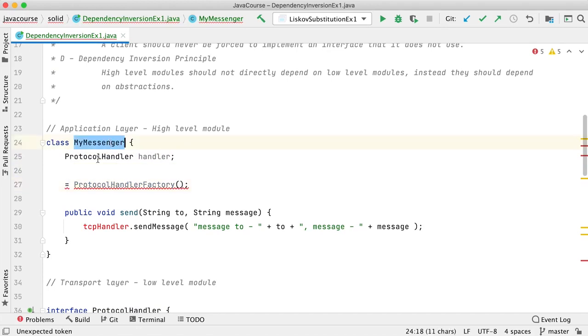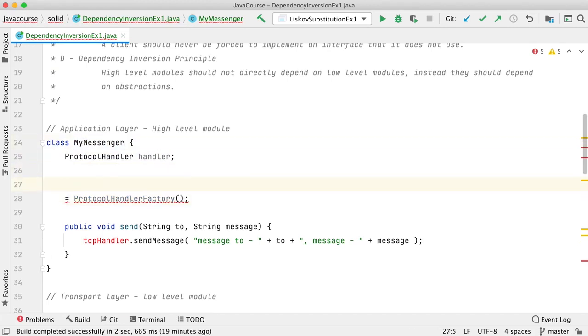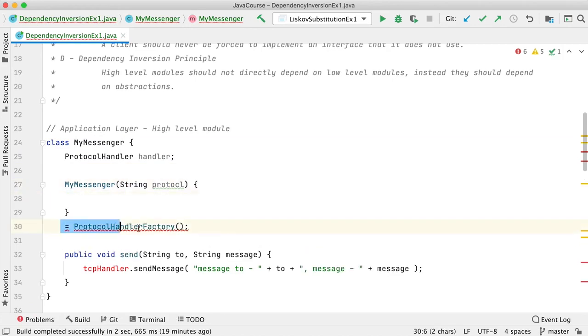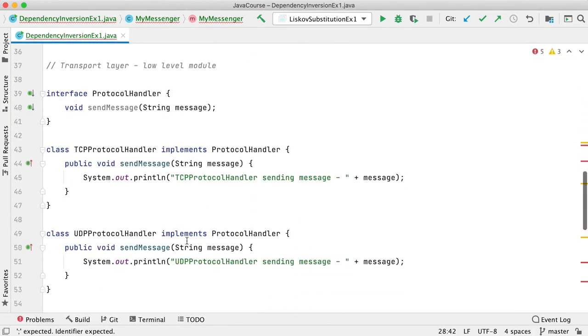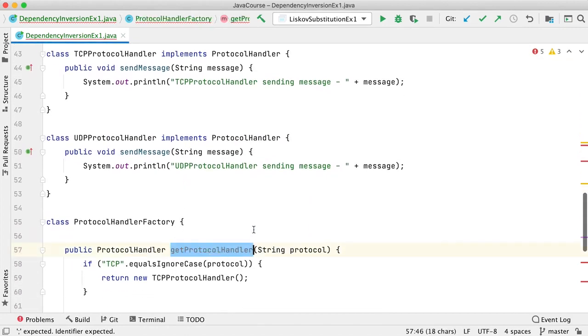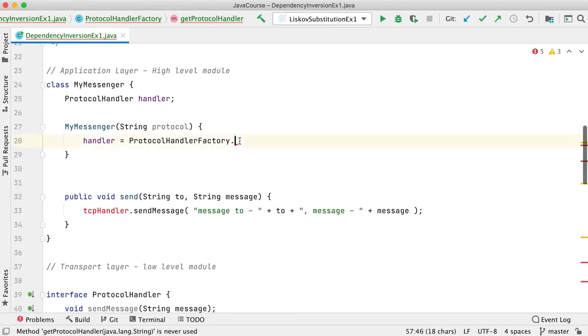And here, while creating the message protocol, my messenger, with the protocol, I can say handler equal to protocol handler factory dot get handler for the given protocol.